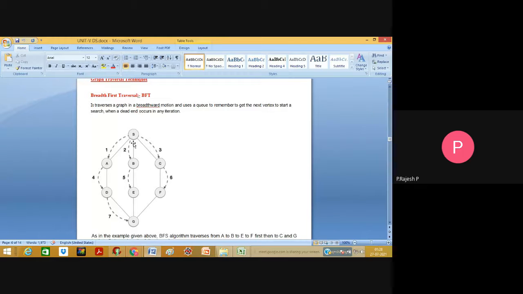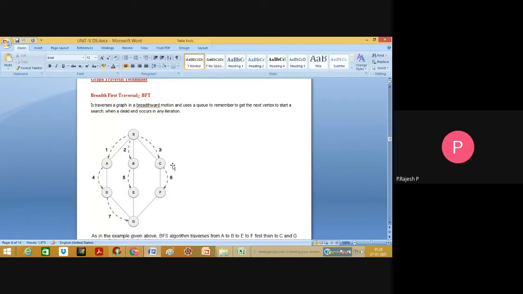Then from S, the next unvisited adjacent node is C, so we insert C into Q. Out of these three, the first is A, the second is B, and the third is C. Is there any further unvisited adjacent node to S? No. So what we have to do here is delete an element from the queue.